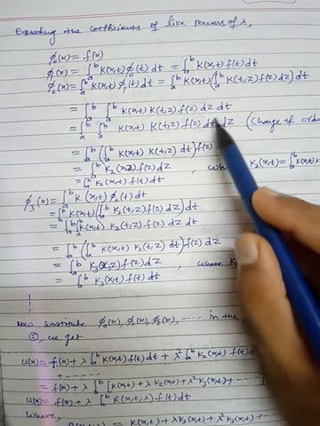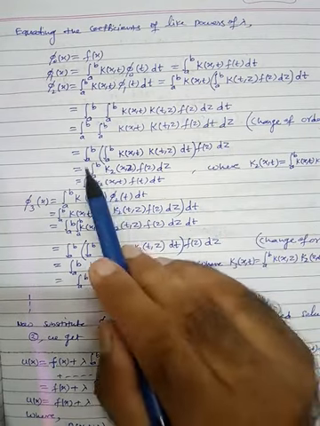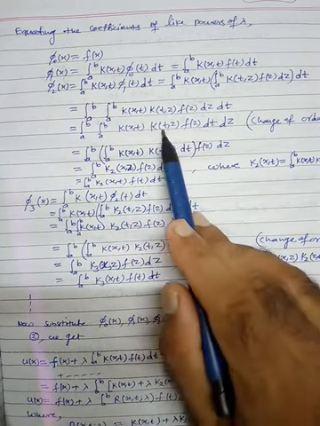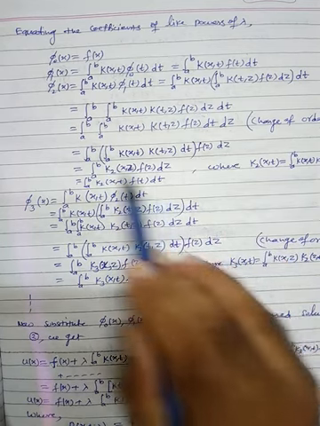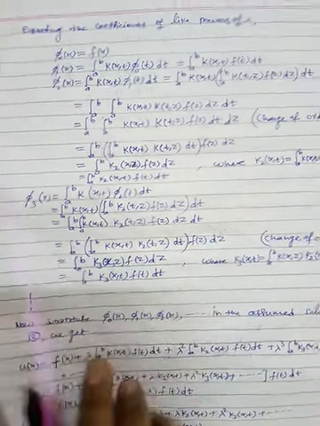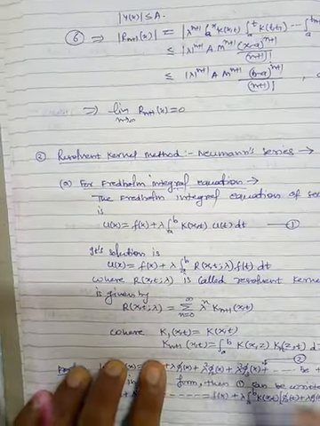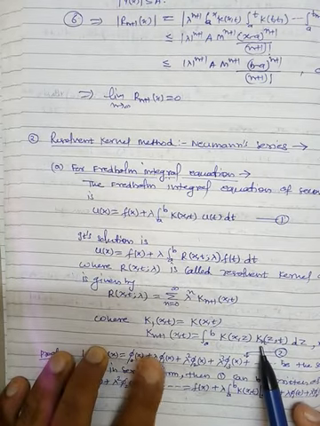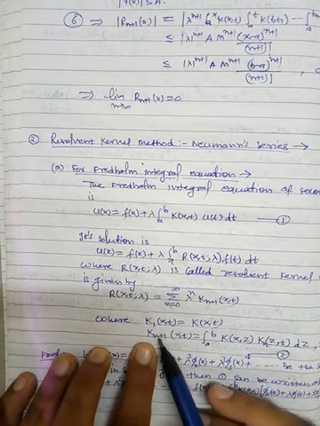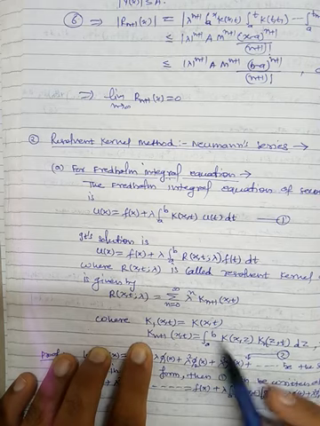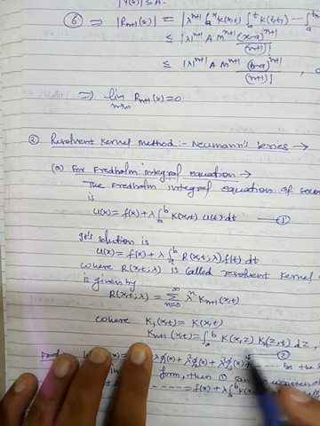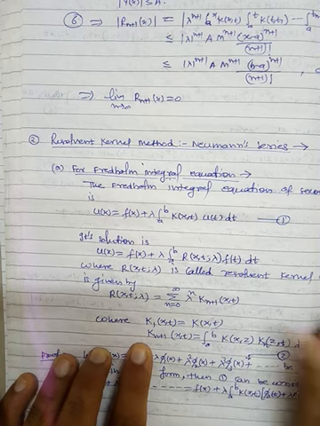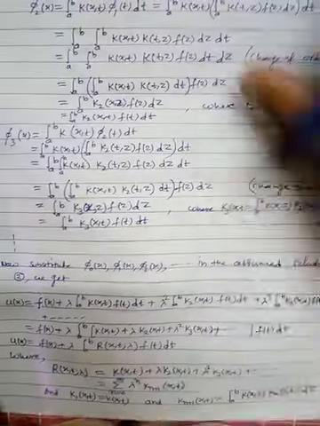Now we are first integrating with respect to dt. So that's why a to b, kernel k x t, then kernel k t z dt, and then f z dz. But this can be rewritten with the help of the iterated kernel. Put n is equal to 1 here, so you will get k2 x t is equal to a to b k x z k1 z t dz, but k1 is nothing but k, so k x z k z t dz. So that's why this can be rewritten as this.